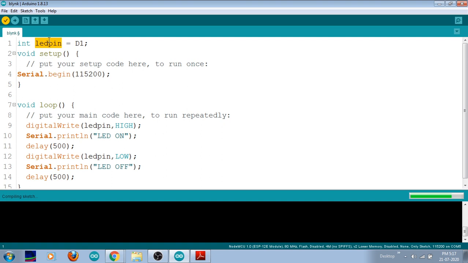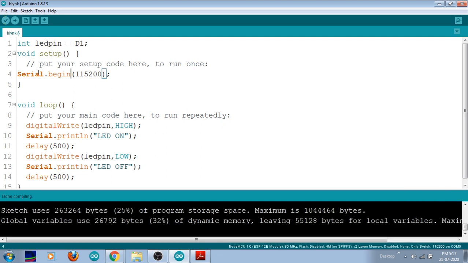Here I have written Serial.begin in order to set up serial data communication between the microcontroller and the laptop, so that I can view it in the serial monitor. For that I am using a baud rate of 115200. This is special for your NodeMCU category. Even if it works with some other baud rates, it is best to use 115200 baud rate for your NodeMCU. And this will run only one time.